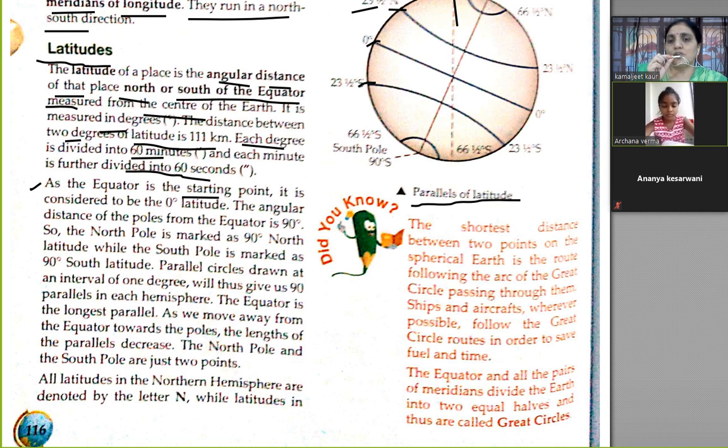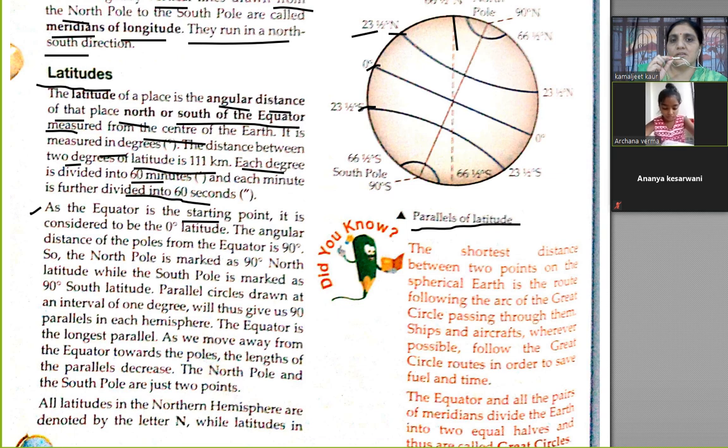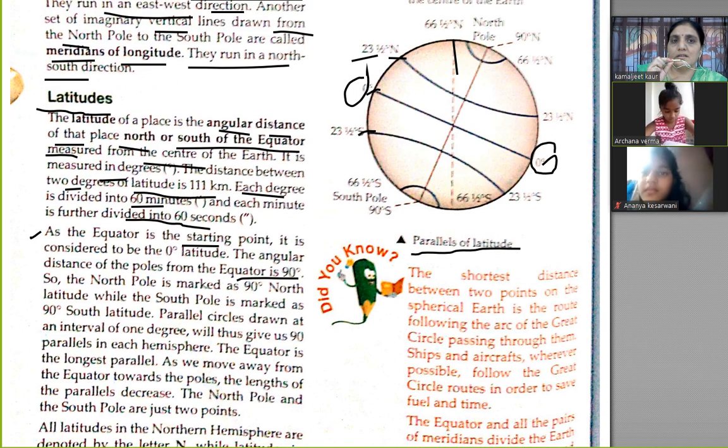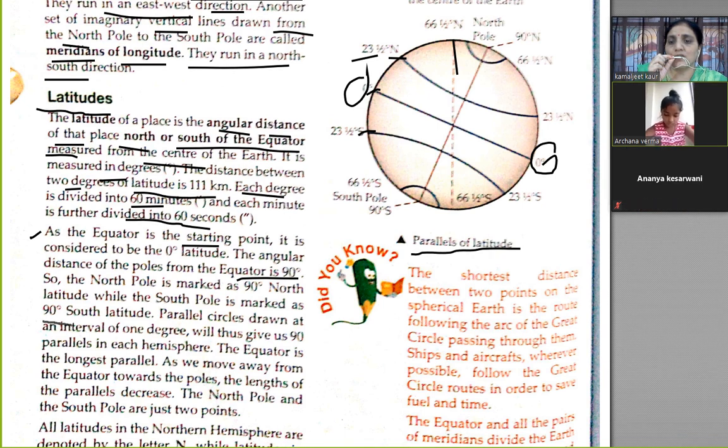As the equator is the starting point, it is considered to be zero latitude। ये देखिए zero latitude है equator पे, 0 degree। The angular distance of the poles from equator is 90 degrees। और वो कितना है? वो 90 डिग्री है। ये देखिए पोल से उसके या हेमिस्फीयर से। The northern pole is marked 90 degree north latitude while the southern pole is marked as 90 degree south latitude। वो 90 डिग्री नॉर्थ लैटिट्यूड है और ये 90 डिग्री साउथ लैटिट्यूड है। ये देखिए ये और ऐसे। ठीक है।